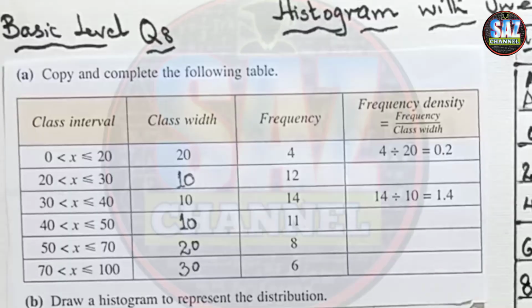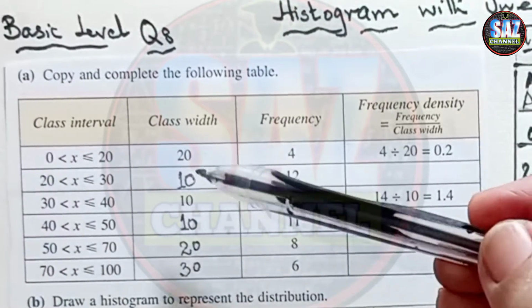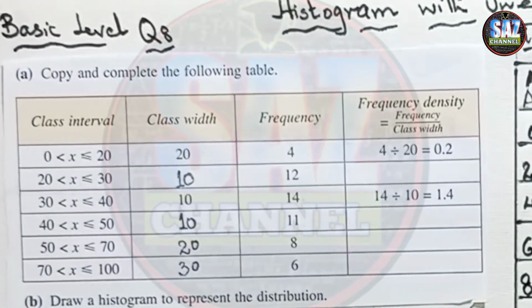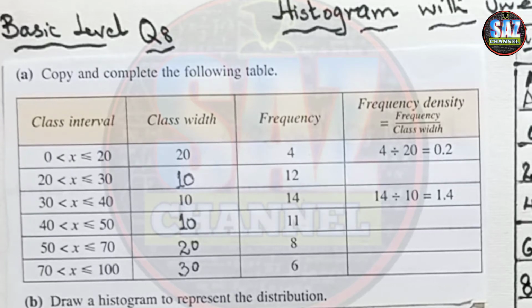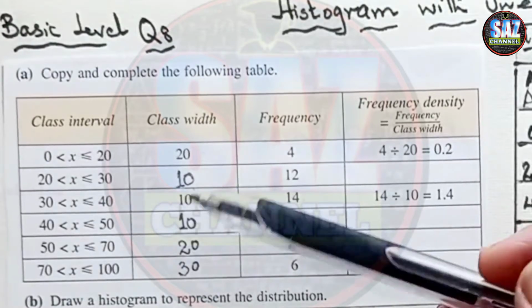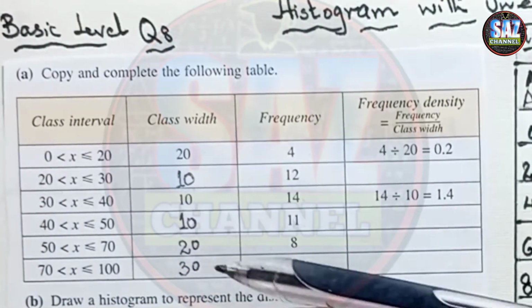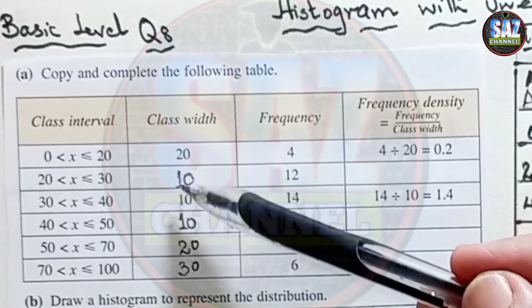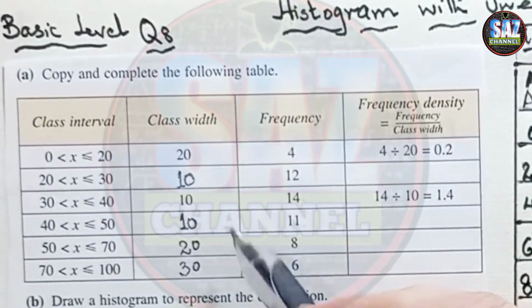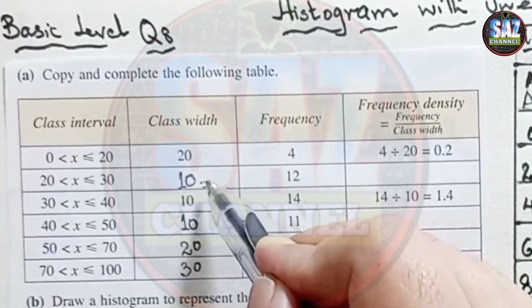Now we have checked the class width of all the classes, and in the previous class we discussed this point as well, that when the class width of all the classes is not equal, then there must be some smallest table which is common to all of the classes, and the rest of the bigger classes will be multiples of that smallest table. Like if we look at the numbers 10, 20 and 30, 10 is the smallest number, and the rest, 20 and 30, are the multiples of 10. So we can take 10 as one standard for the construction of the x-axis.